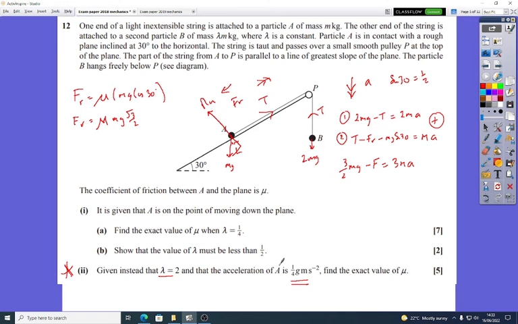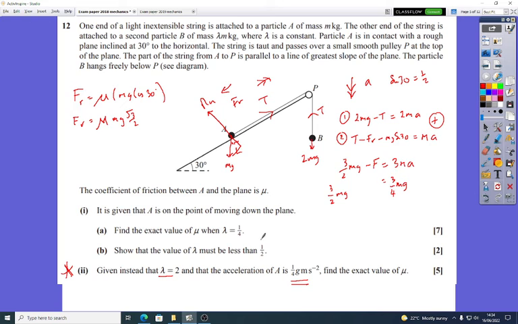Now in here it tells you that a is a quarter g. Don't confuse that with mg, that's a quarter g, because that's meters per second squared, so that's going to be 3/4. M is already there, multiplied by the g, so that's going to be 3 over 2 mg, and friction is